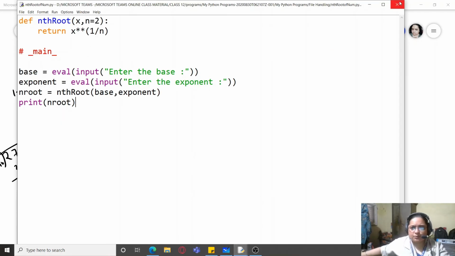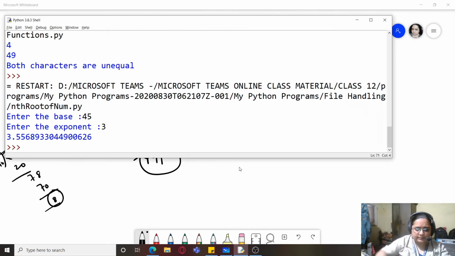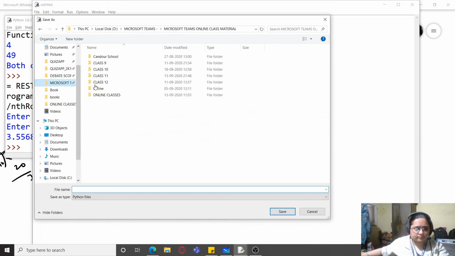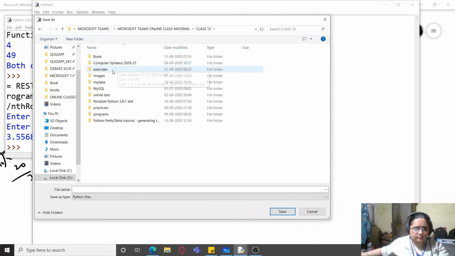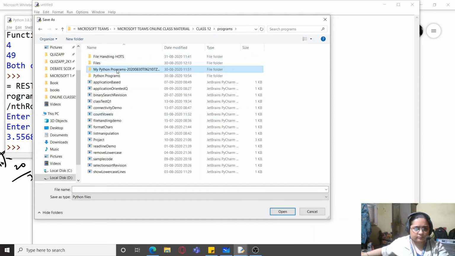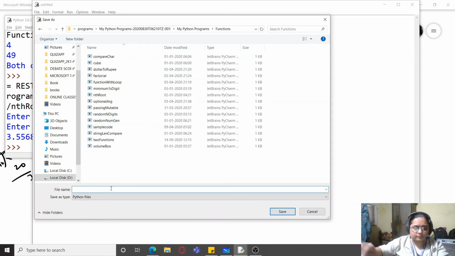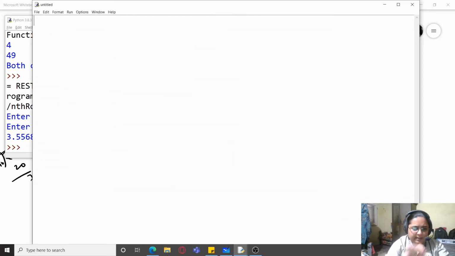So I'm going to open a new file. Units place, number comparison.